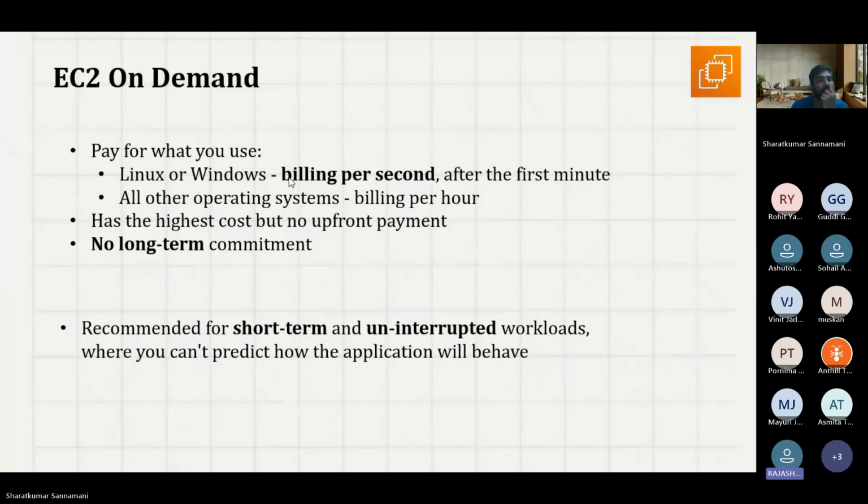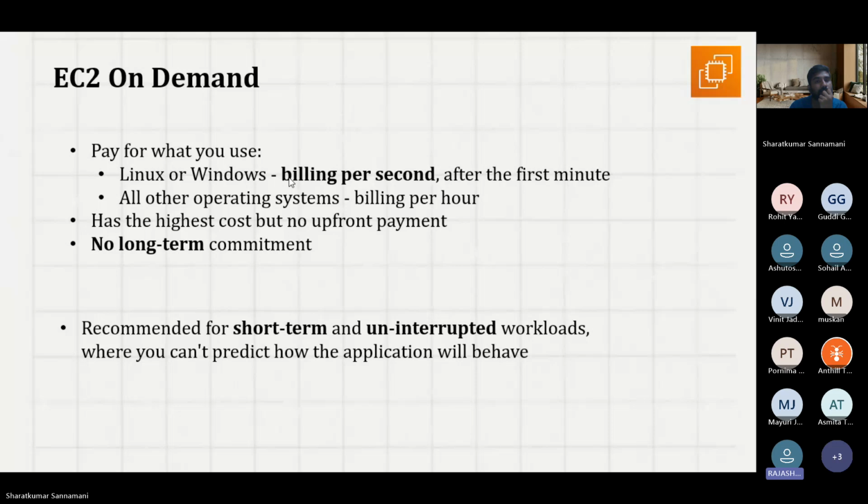When compared to reserved instances, the pricing for on-demand will be different. I already told you, when we do not have any long-term commitment for our project or application, that time we use on-demand EC2 instances. As I mentioned, it is only for short-term and uninterrupted workloads. So you have only less work for the servers to perform, and that time you use on-demand. The price compared to other pricing models like reserved instances, dedicated host, and spot instances,